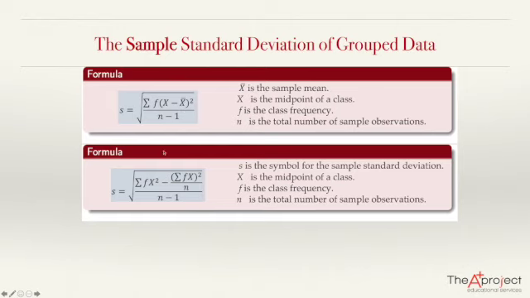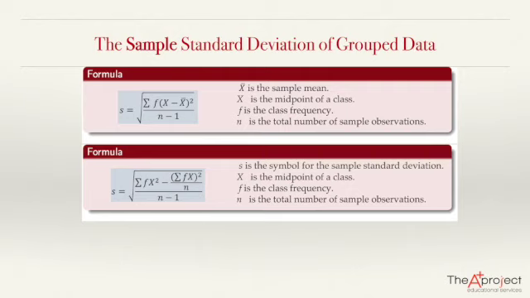But the main difference is that when you divide the sum of the squared deviations, you divide by n minus 1. You are not dividing by n. N is the number of elements in the sample. So here is the formula for the standard deviation. After you get the square root, you get the sample standard deviation, which will be an estimation of the